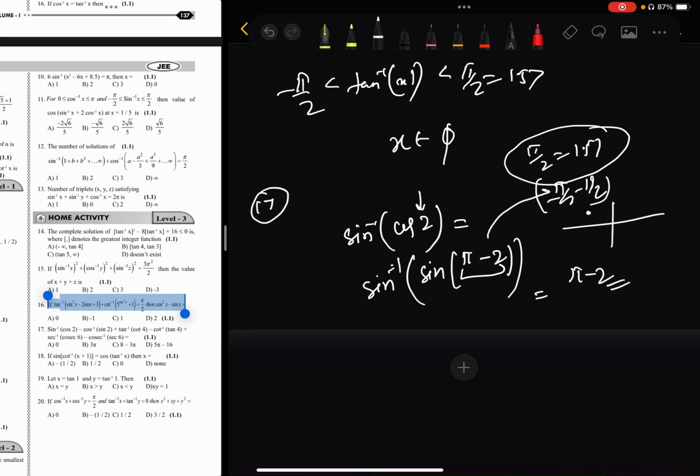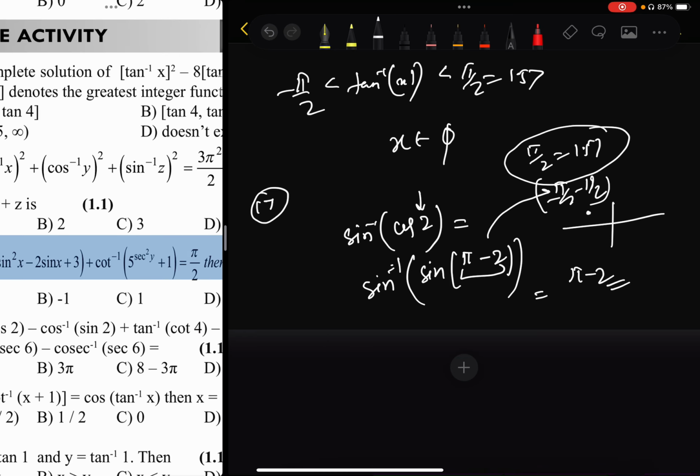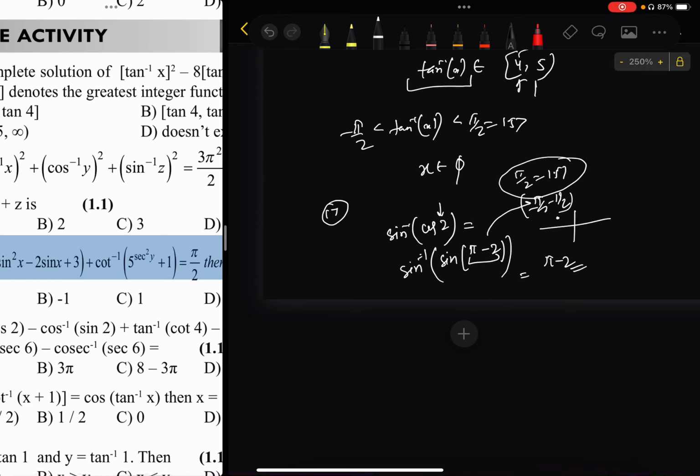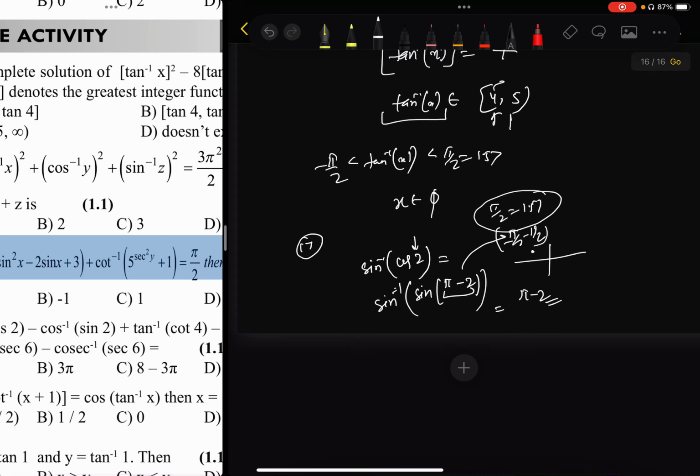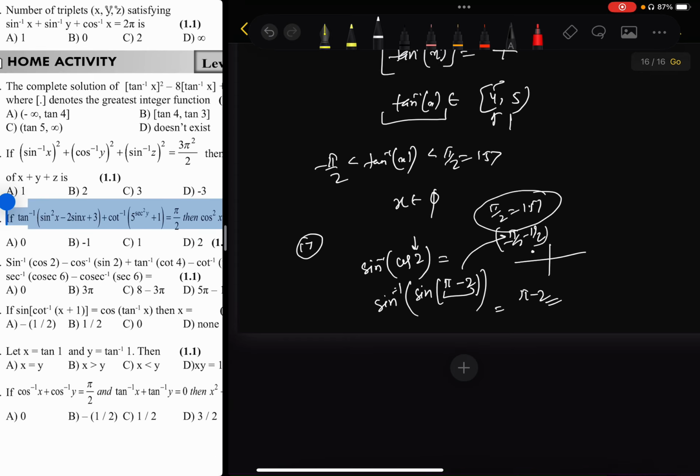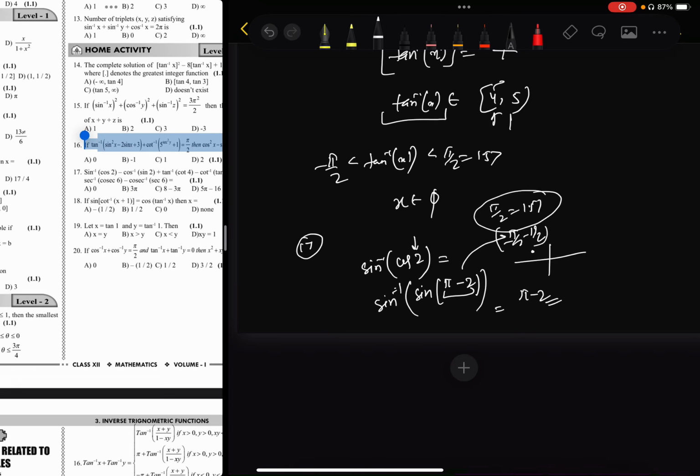In every question, in every step, like cos inverse of sine 2, first convert into sine, and whatever angle you are getting should satisfy the range of the inverse. Like cos inverse x lies between 0 to pi, so this should lie there. If it is not lying in 0 to pi, then you use pi minus theta or theta minus pi, theta minus 2 pi, 3 pi, right? We have discussed this type of question in the class also.